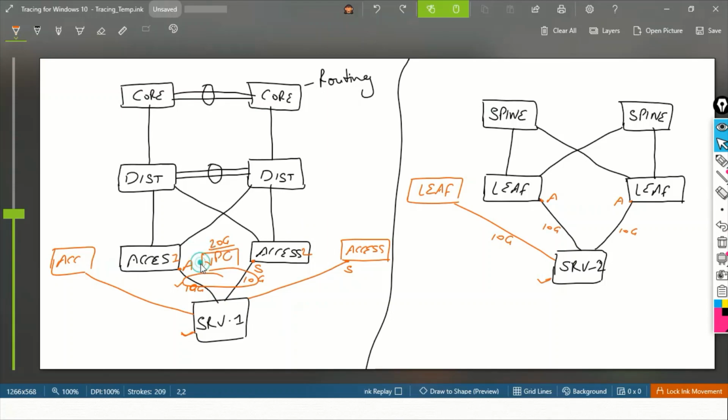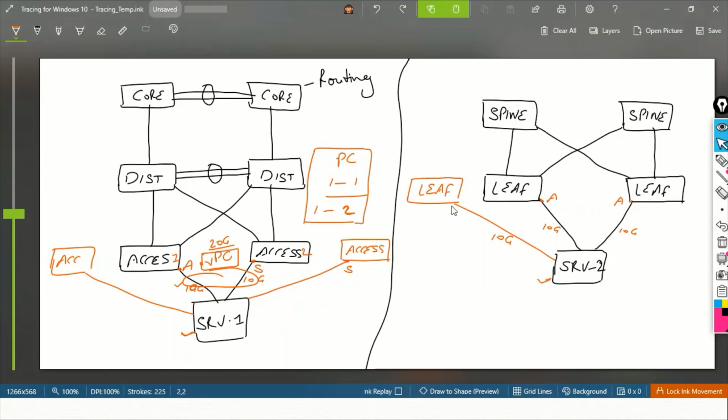VPC says that one downstream device can create a port channel with two upstream devices, while a simple port channel works on a one-to-one basis. VPC brings a concept of a 1-to-2 port channel: one downstream device and two upstream devices can create a port channel together. That is the very high-level difference between the two.